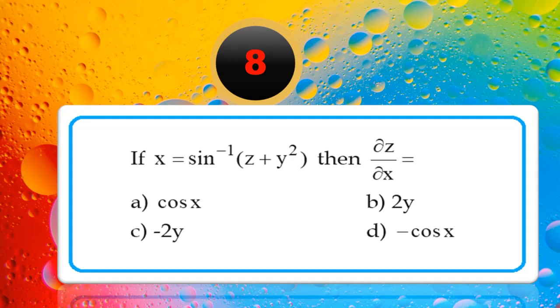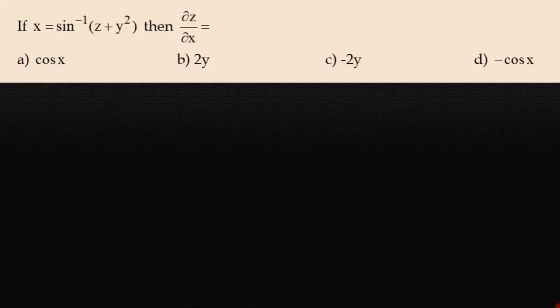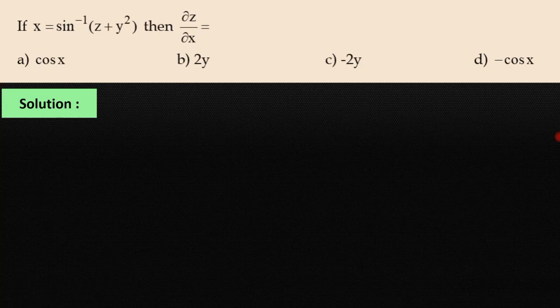Dear students, see the question number 8. Read the question and write it. The question is, if x is equals to sine inverse of z plus y square, then dou z by dou x is equals to. Options are cos x, 2y, minus 2y, minus cos x. Let us find this. Given x is equals to sine inverse of z plus y square,